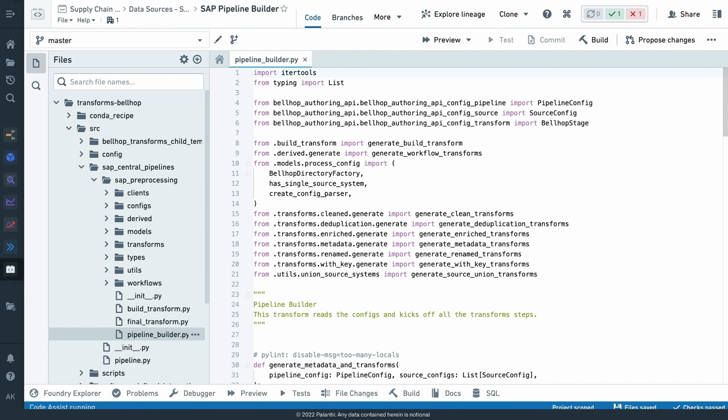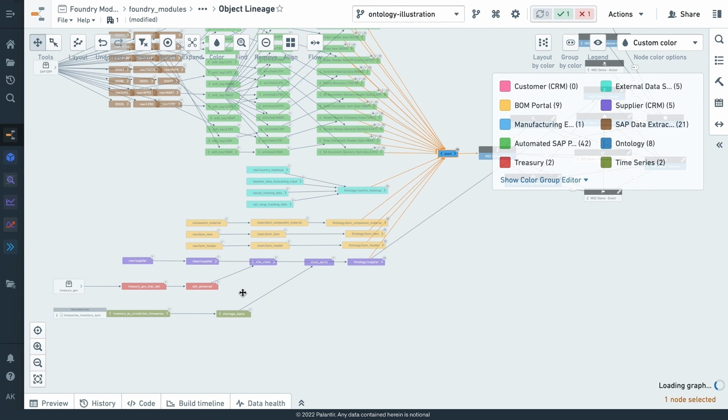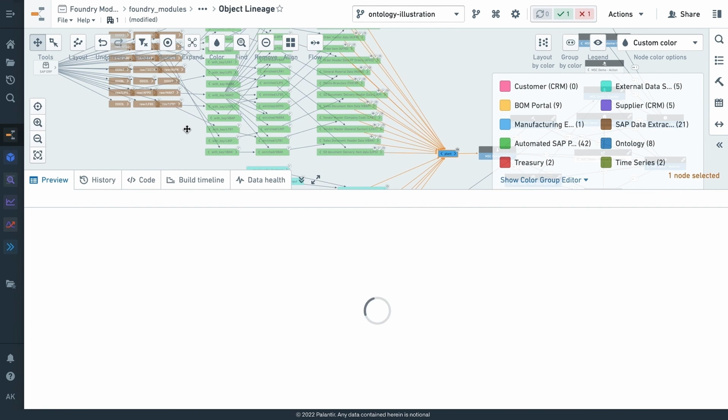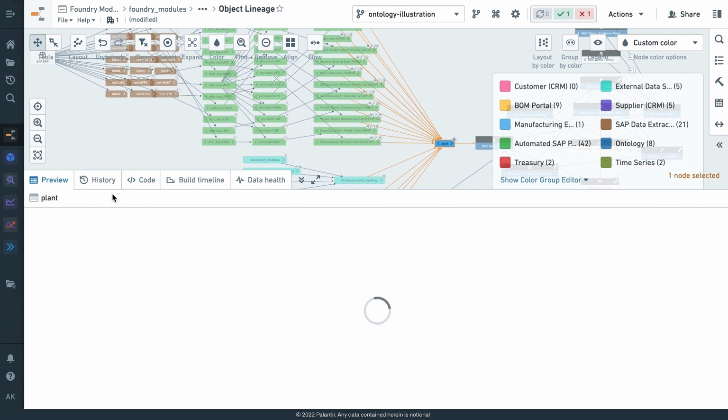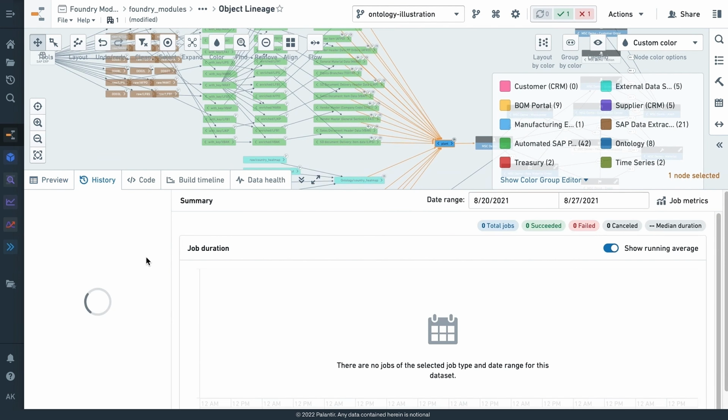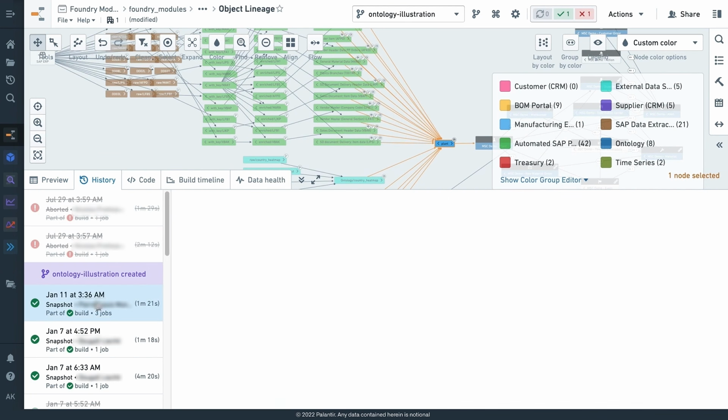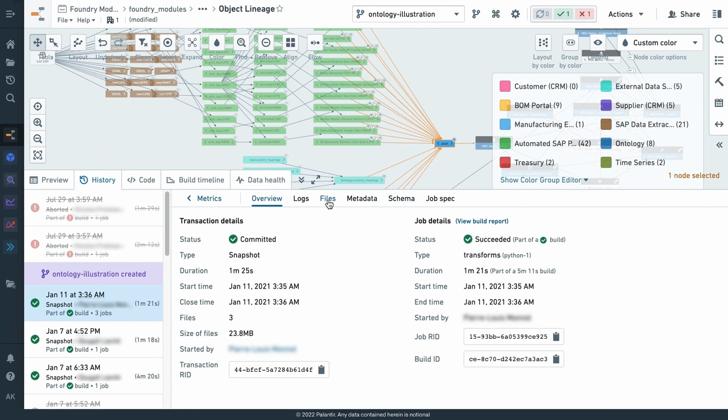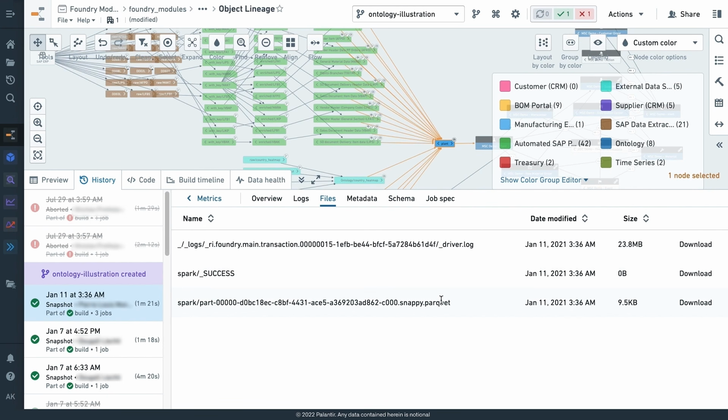If you ever want to look at what's happening with the resulting data in any step of any transformation in Foundry, if we look at what's happening here in the preview or go to the history tab, we can see that any of the data here is effectively just data in Parquet or Avro or any open format that I expect. So I can always interoperate easily with any of the data here in Foundry.